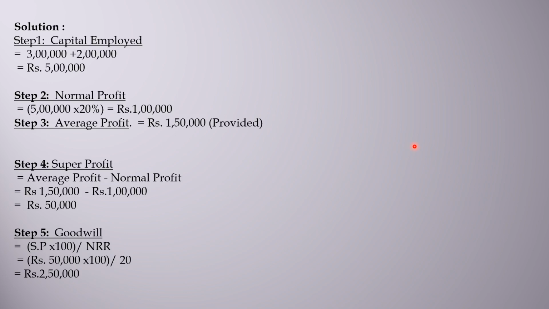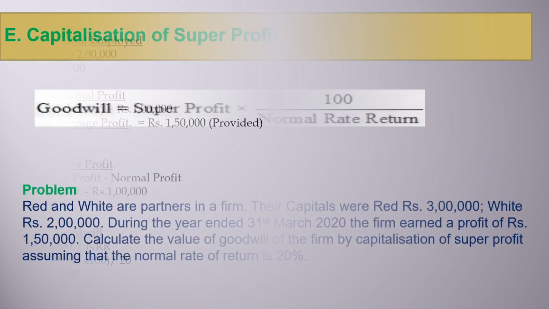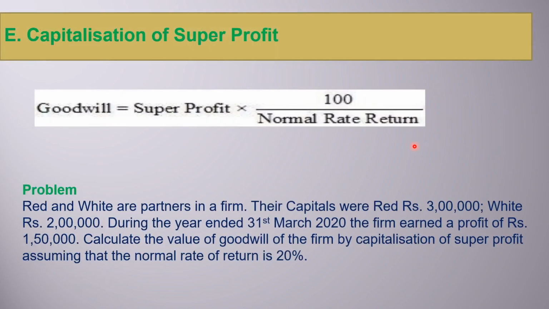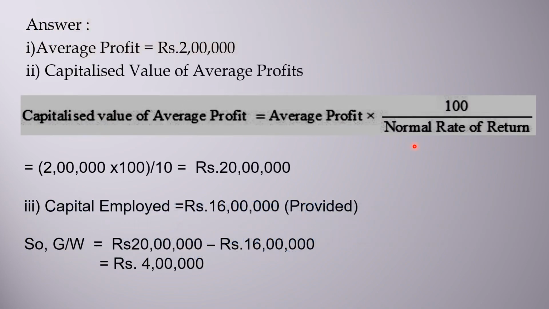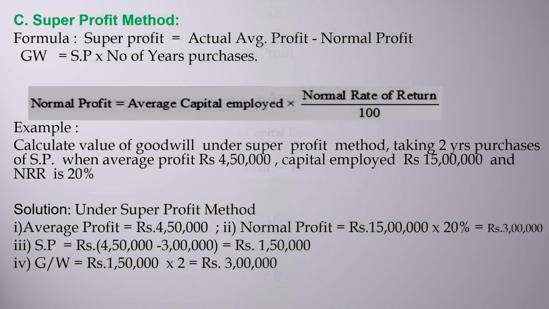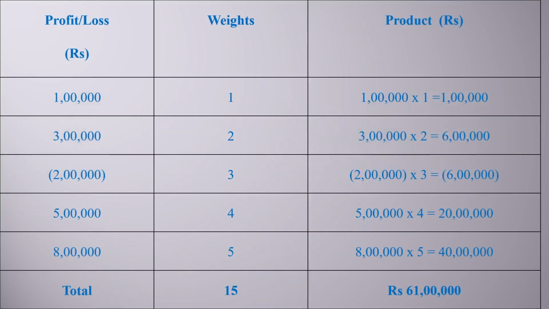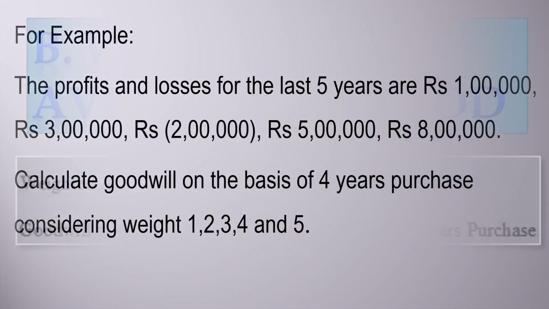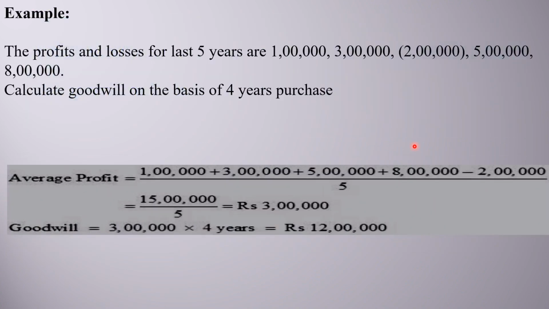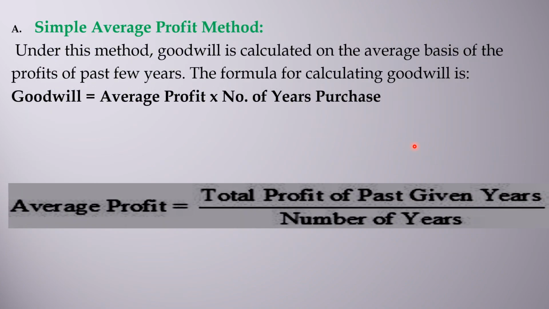So these are the 5 methods. From the backside: capitalization of super profit method, capitalization of average profit method, super profit method, weighted average profit method, and simple average profit method lastly. So there are 5 methods, but mainly we see the use of the simple average as well as the super profit method. These 2 methods generally we have to use for the calculation of value of goodwill of a partnership firm